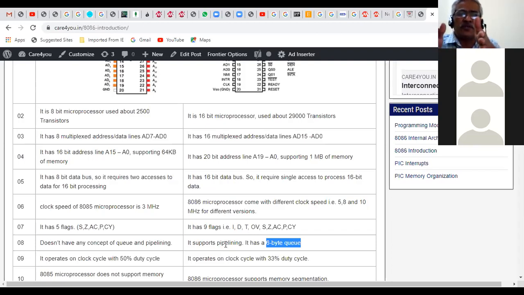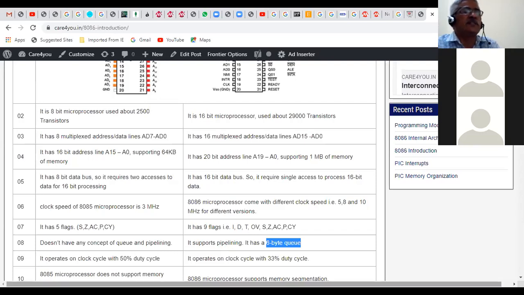The first person on the bench will receive the PCB or a 0 board, and his duty is only to inspect it, check whether there are any cut lines, etc. After inspecting, he will pass the board to the second person. The second person's purpose is only to solder one component, and after soldering it, he will pass the board to the third person. Meanwhile, the second person will get the next board from the first person, and the first person will get the third board. That way it helps in speeding up.